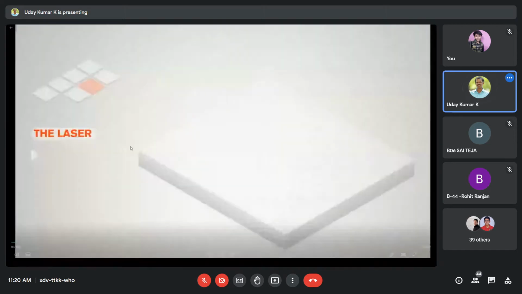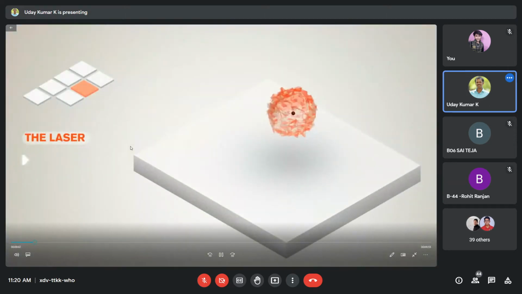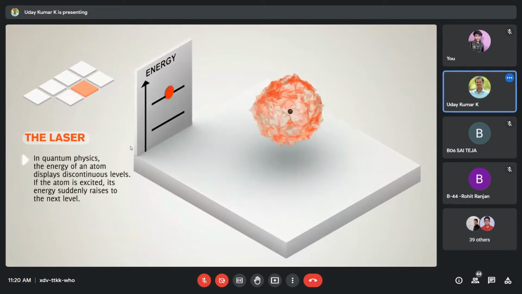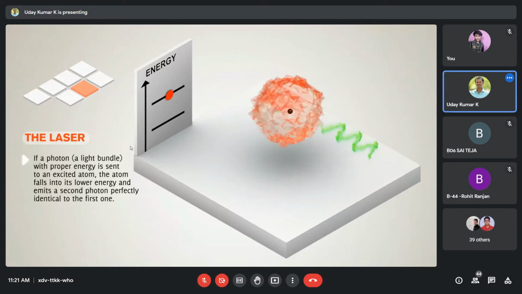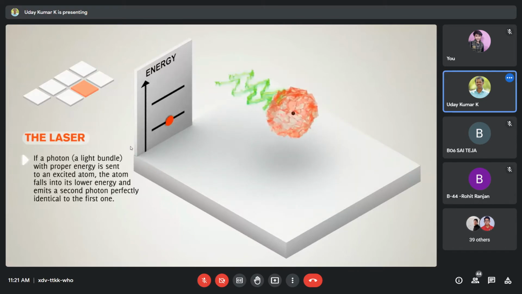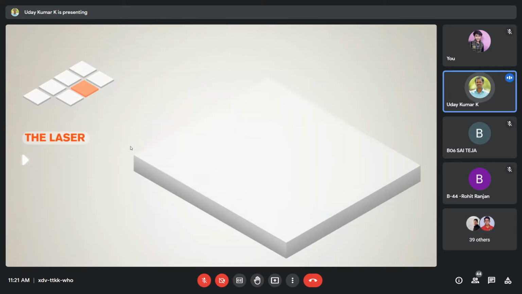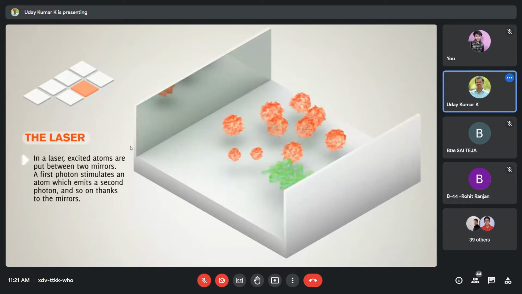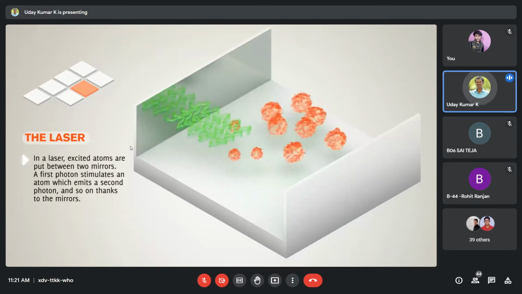I will show you here. Just see that. So there is one atom. Now imagine, once it receives the energy, it goes to the higher energy level. There a photon is coming. Two photons are coming out. Yes, this is with respect to one atom. Now imagine the same thing happens with multiple atoms. See, these photons are